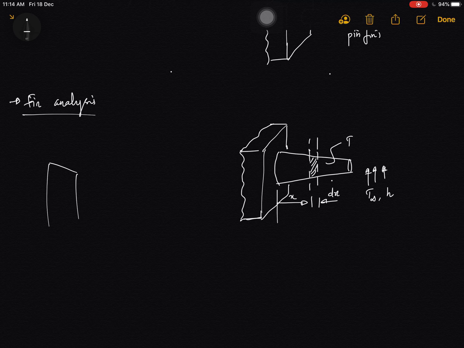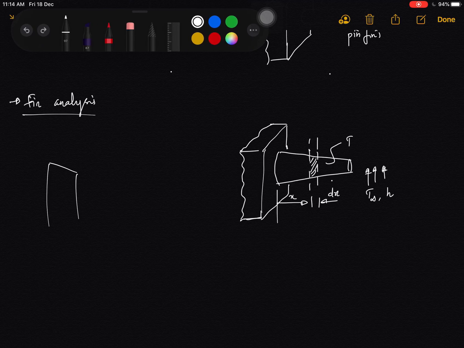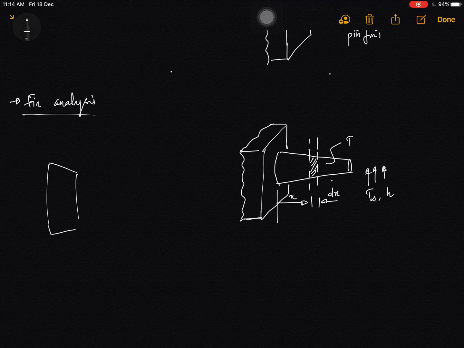So to analyze this particular fin, let's consider this small element of length dx that we have taken from the fin like this, and let's suppose this is the dx dimension of this element. Now let some heat transfer by conduction be entering the element like this,